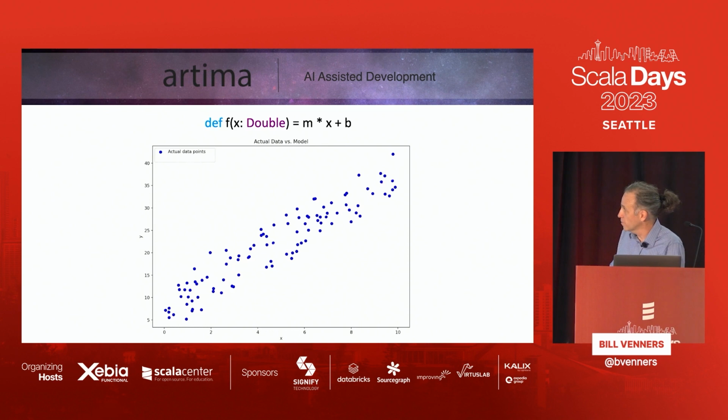So just to mention what's the difference between actual data and model. This is actual data. It's a bunch of dots. I basically generated 100 points, and these are pairs of doubles. That's X and Y, and I just plotted them there. So that's 100 XY points. That's 200 doubles represented there. And what I want to do is make a model of it with this formula, f of x equals mx plus b, which is the formula for a line. So I want to find the best fit line for that data.